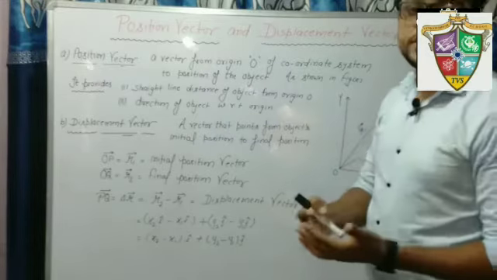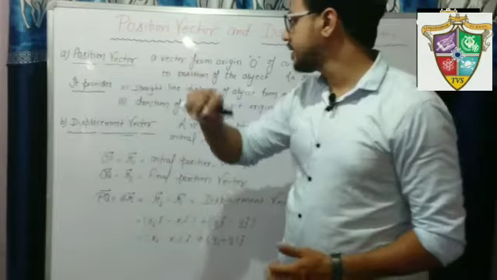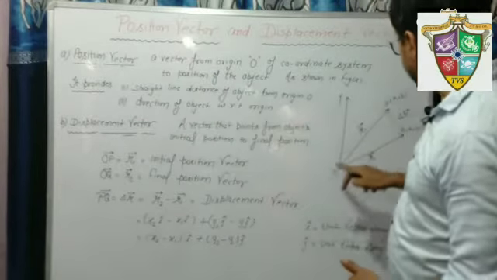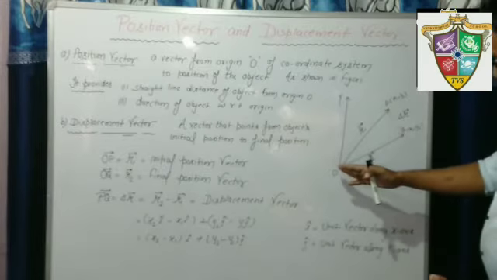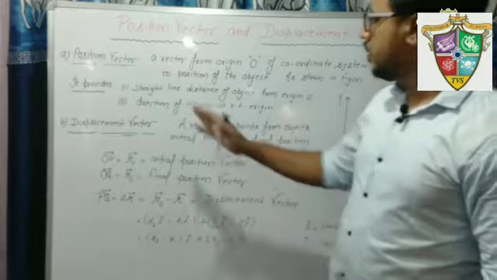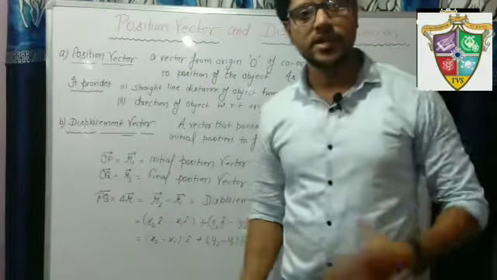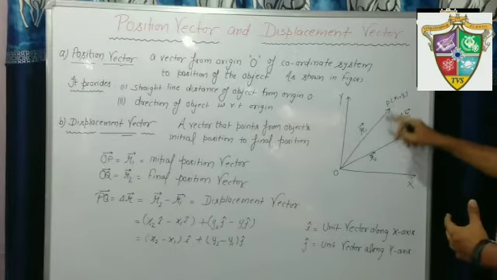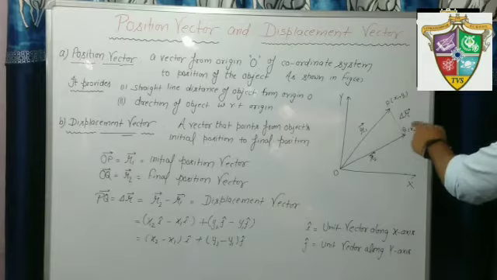What information does this position vector give us? It provides the straight line distance of the object from the origin. This straight line gives the distance between this particle and the origin, and it also tells about the direction, in which direction the particle is present at a given instant. So this is the initial position of the particle, and if it changes its position to Q